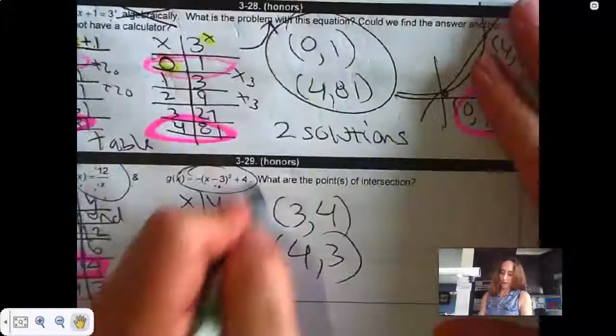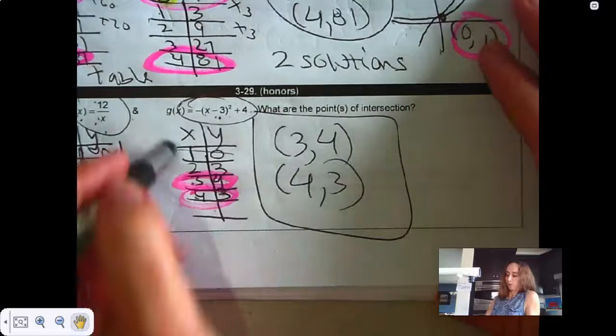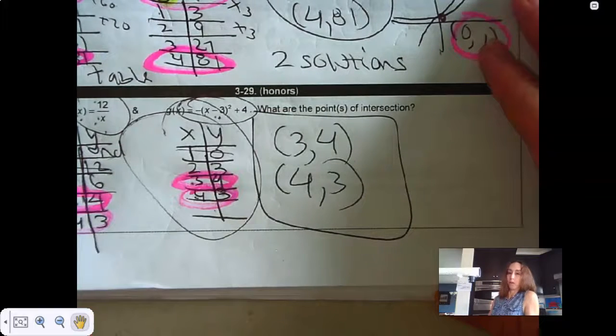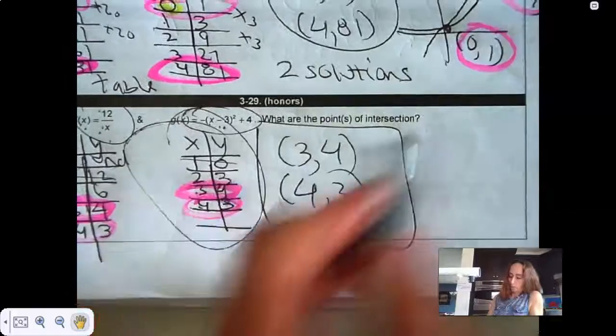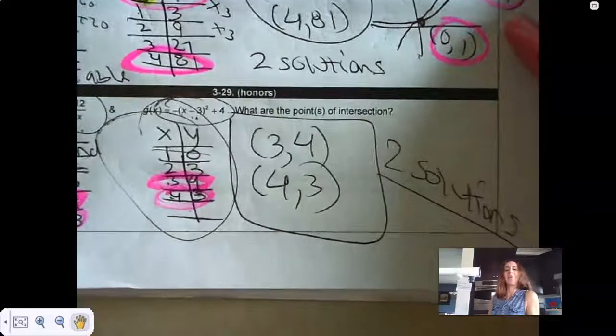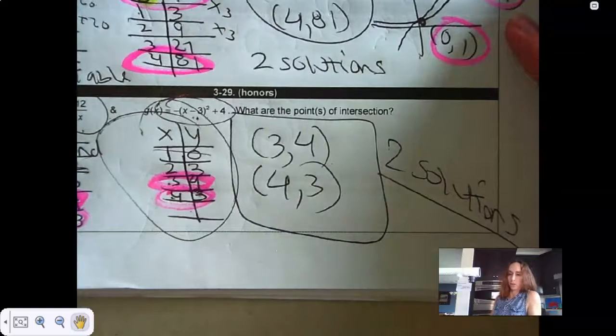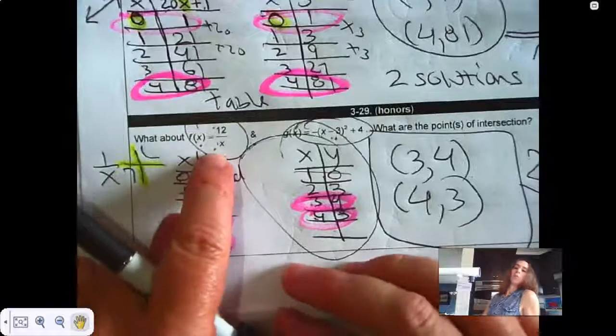Okay? This is a lot, I understand. You have Desmos to support you and make sure you can kind of see how many solutions there are. Then you just have to prove that you can do it using a table or algebra, depending on what I ask. Okay, so that means you know there are 2 solutions. So if I say how many solutions, you would say 2. If I say, what are the solutions? You would give me this. If I ask for the shape, you would say a